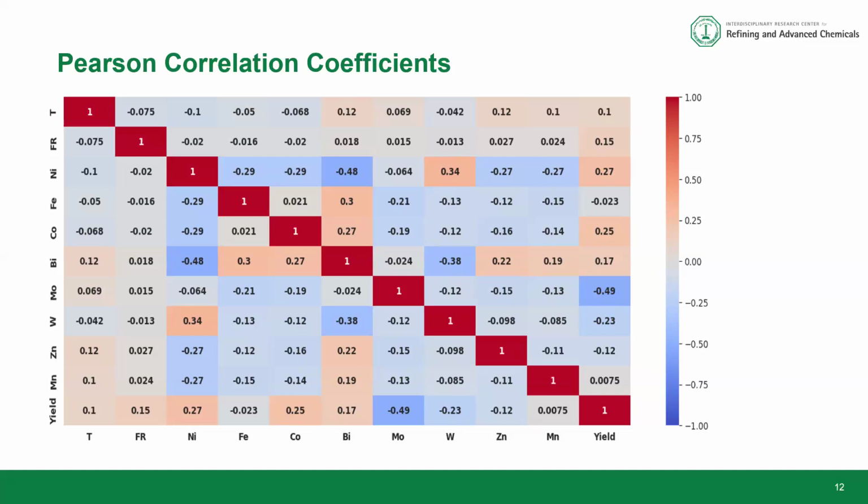Because in some cases, if there is a very strong correlation between the features, then there might be a challenge of multi-collinearity. However, it happens when you have the coefficient value in the range of 0.75 and above. As you can see, for all the features and also the output, there is none that has reached 0.5. So this is an indication that we don't have an issue with multi-collinearity.